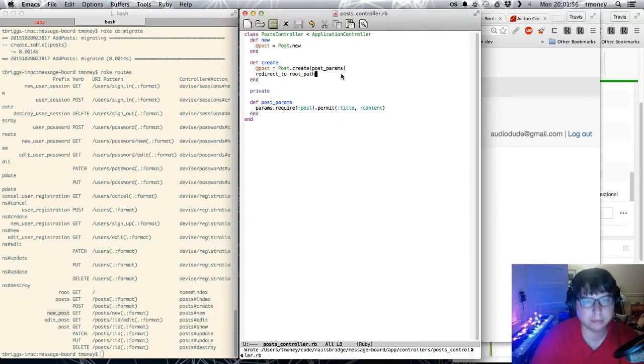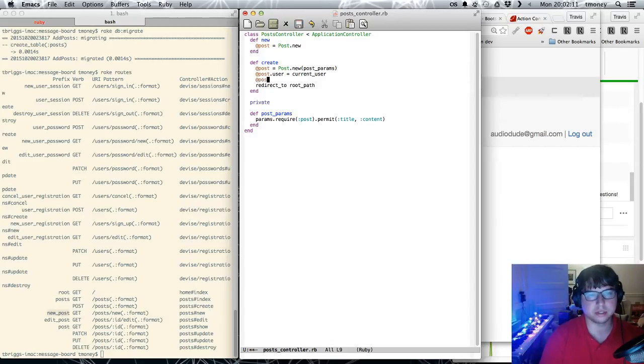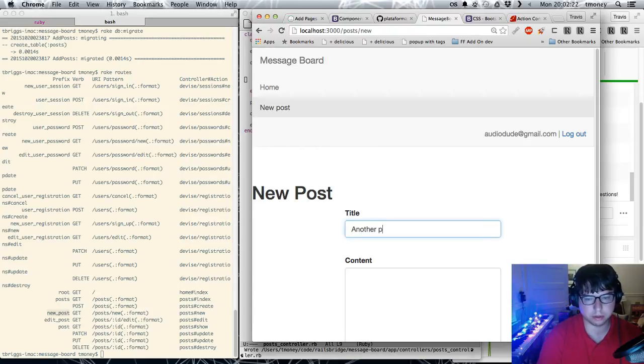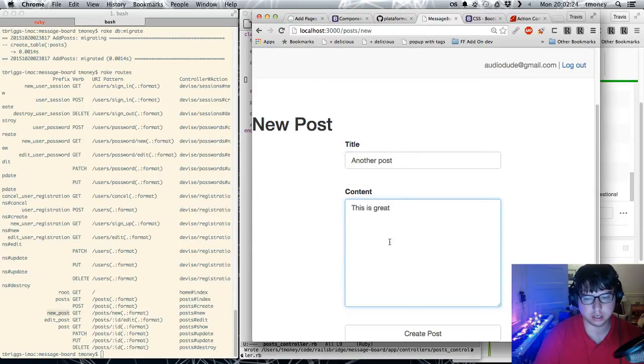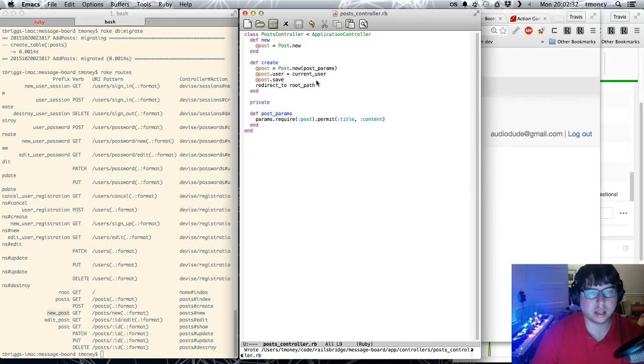So there's a problem with this, is that we're not actually setting user equals current user. So really we just want Post.new with the post parameters. Set the user and then post.save. Okay. Let's make a new post. Another post. This is great. Create post. Here's another post. Okay, and then